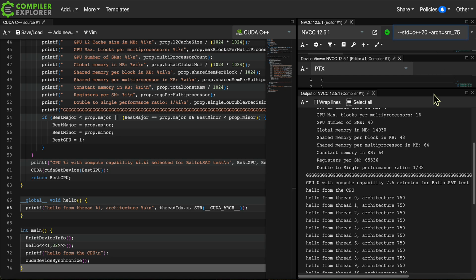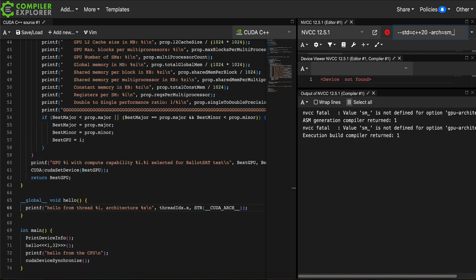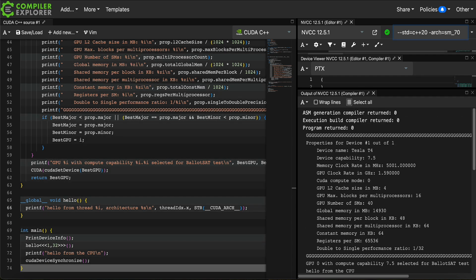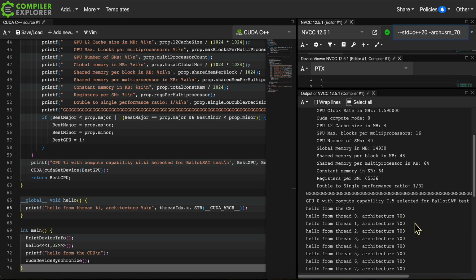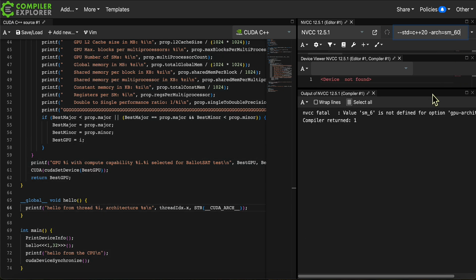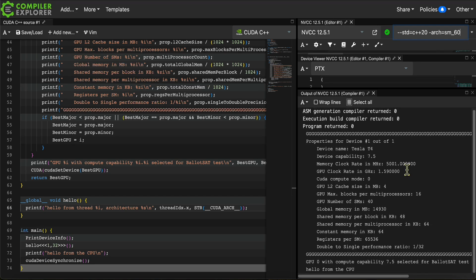Now, when we change this parameter, the T4 only allows us to go back a little bit. It will allow us to go back to 7. Okay. But when we set it to 60, well, then it refuses to run.